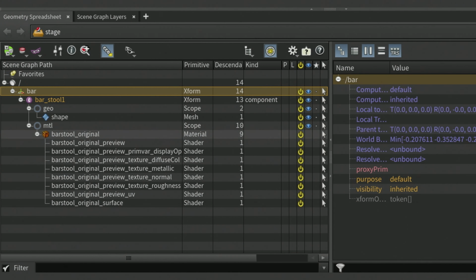One of the features of the reference lop is that you can specify exactly where you want the asset to be placed in the scene graph tree.